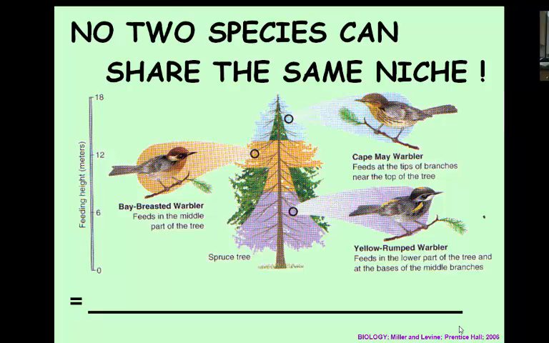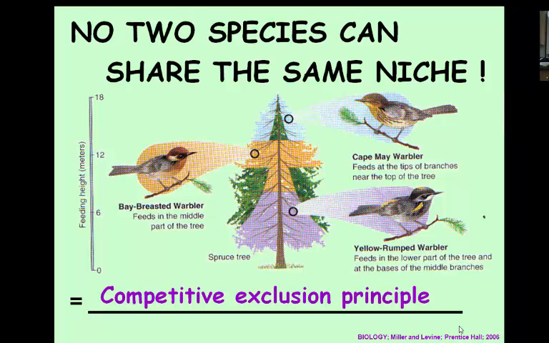No two species share the same niche. Each species has a different job or role that it plays inside of its environment. This is not something you need to know for chapter 3, but just keep it in mind as we go through the ecology unit. We call this the competitive exclusion principle. No two species will have the same job. They might all live in the same tree, like the warblers, but they're different species because they inhabit different parts of that tree. They'll never really go into the other parts where the other species live, and so we consider them different species.